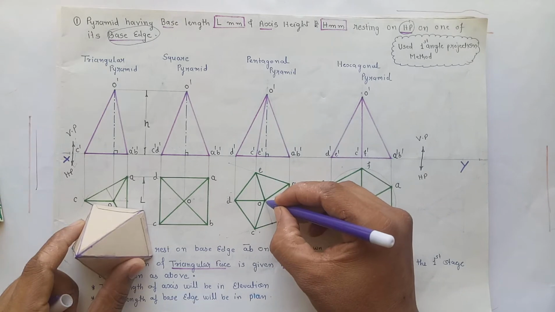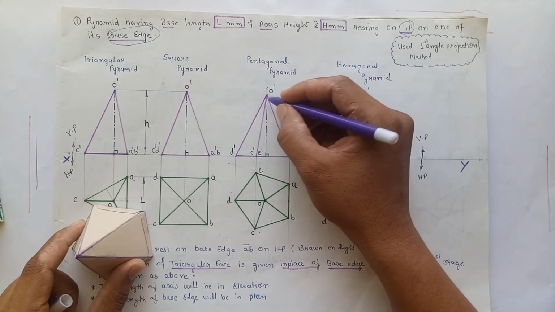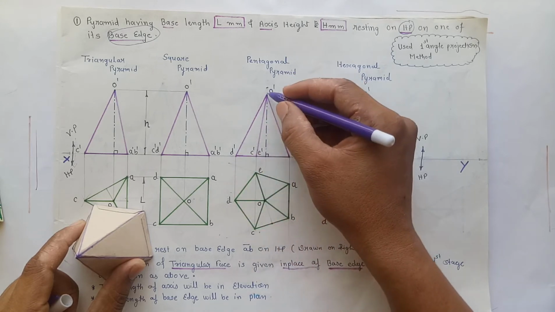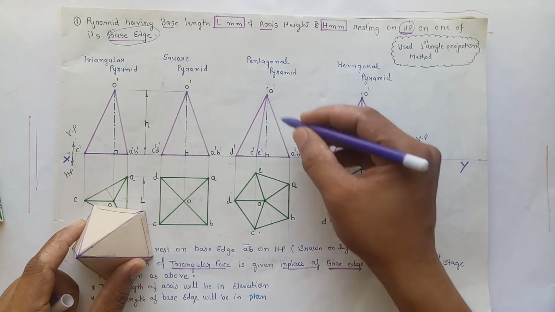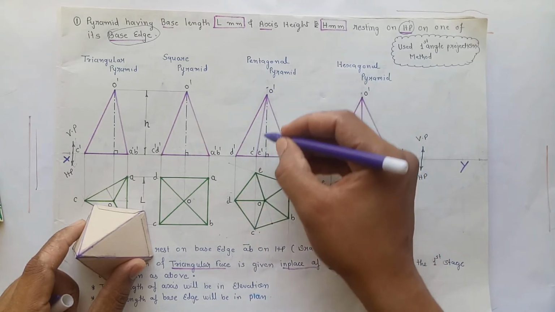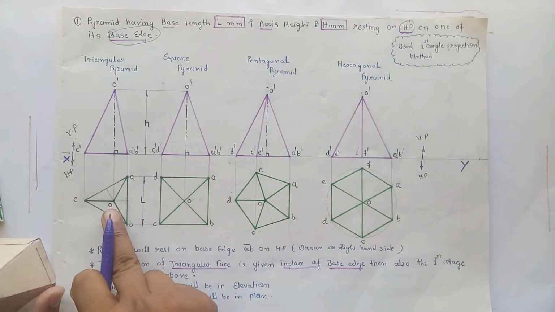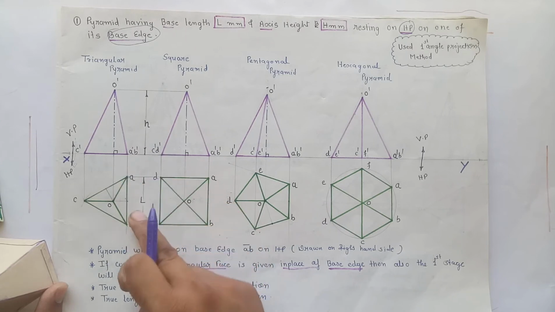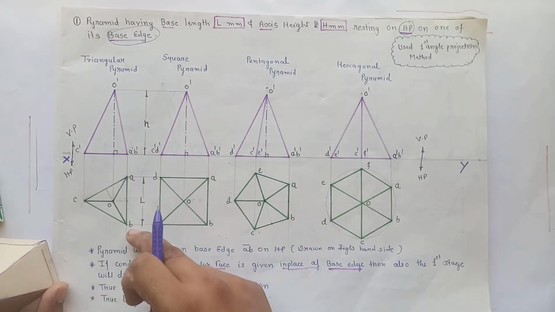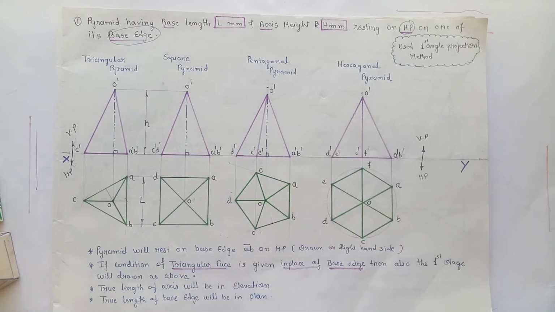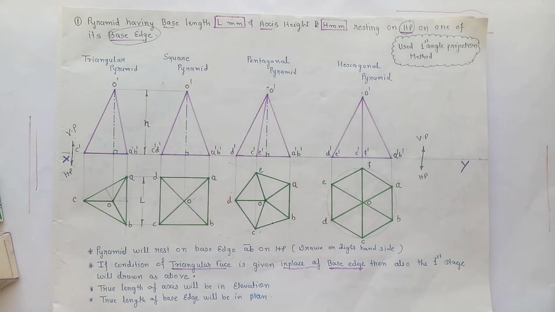Projecting the apex point, measuring the axis, marking the elevation of the apex point, joining the apex point to the base corners, that is O dash A dash, O dash B dash, O dash C dash, O dash D dash, O dash E dash, we will get the elevation of the slant edges. You can also find out the center of the triangle by using the same method: midpoint of one base edge, opposite corner, midpoint of another base edge, opposite corner. And by following this particular method, you can draw the plan and elevation of the pyramid in the first stage.